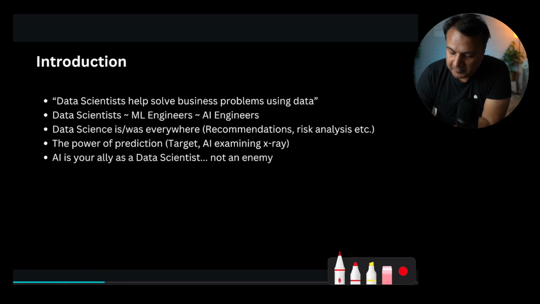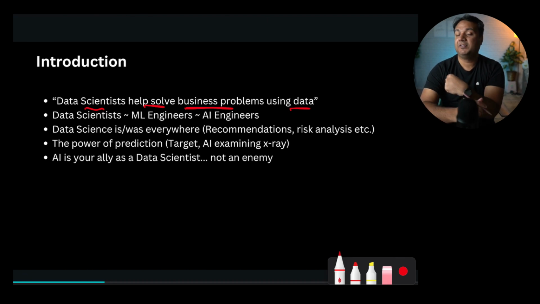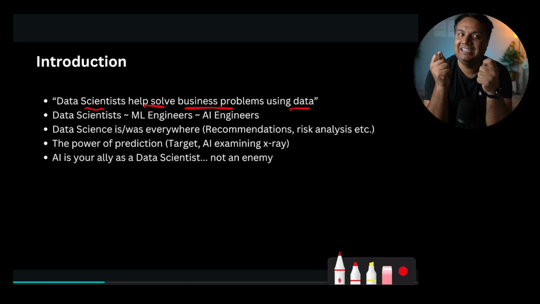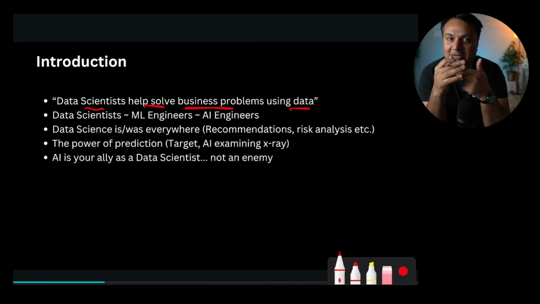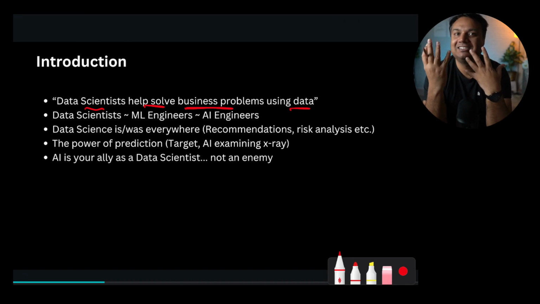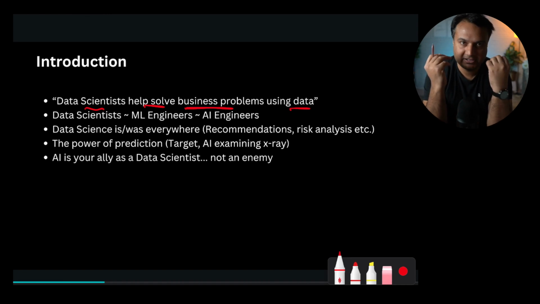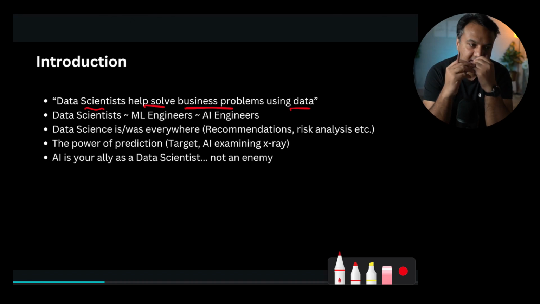So first of all, this is how I define data scientists. Data scientists are someone who helps solve business problems using data. And from that perspective, data scientists are basically problem solvers. And like every problem solver, they have some tools. For example, plumbers have plumbing tools to solve plumbing problems. We have data tools. So we are specialized people with the data, and we solve business problems which have some actual insights.